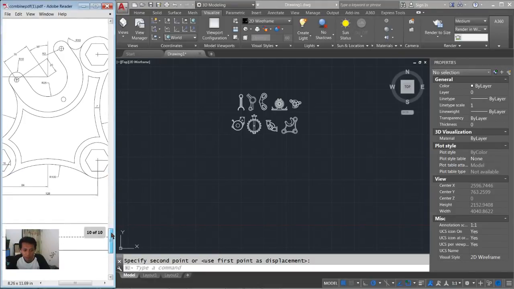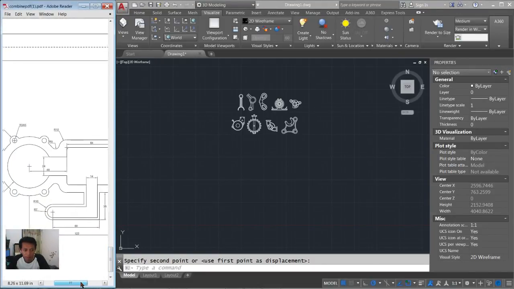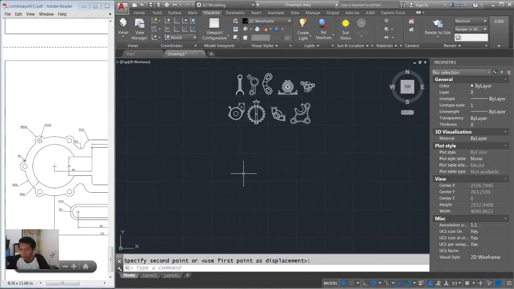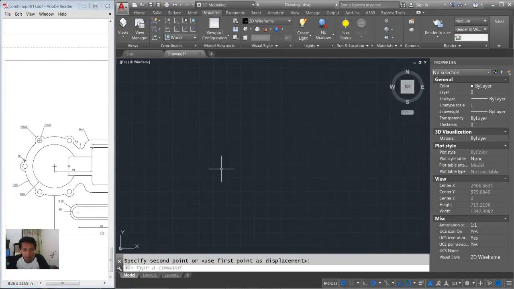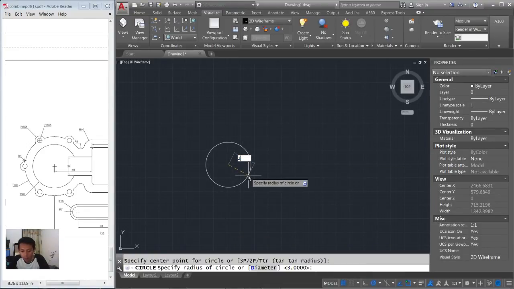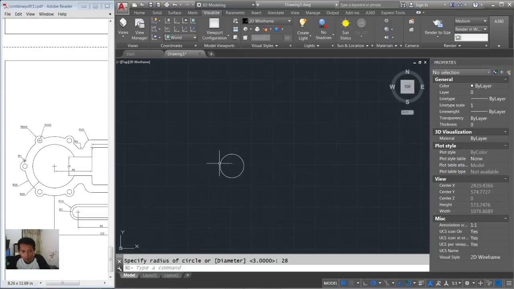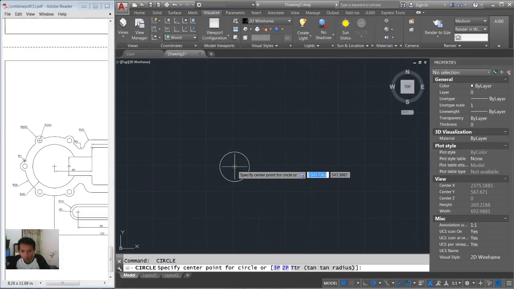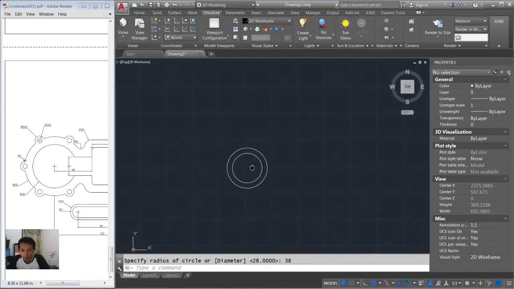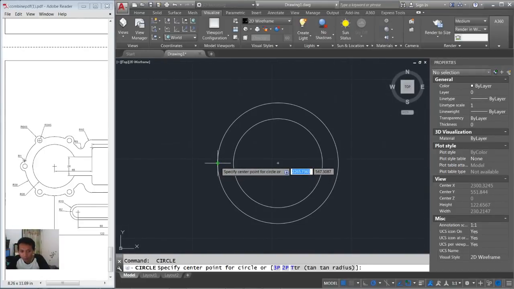Okay, the last object, the 10th. Okay, we create this model. First, I will create circles with a radius 28, and then with a radius 38. Okay, you can create circles in here with the radius 3 and then radius